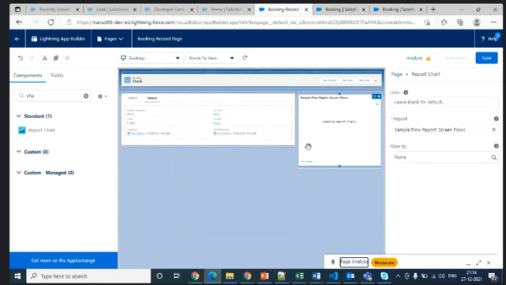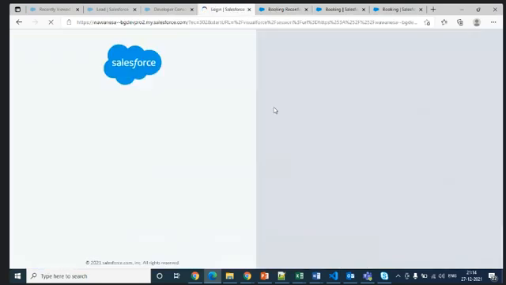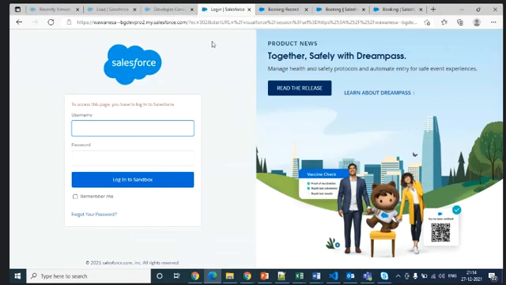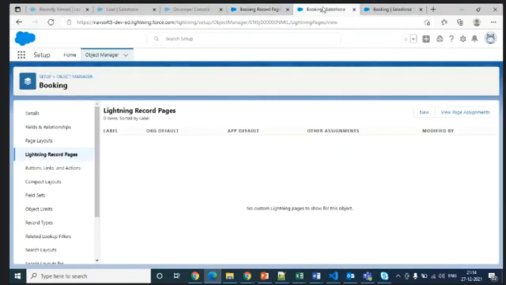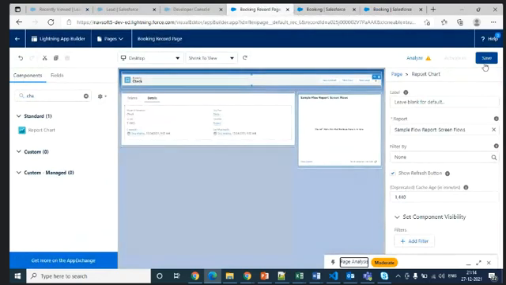I want to add a report chart, I can add it, I can keep whatever I want. So previously there was a space, and now you can see the record. Let me save it actually.